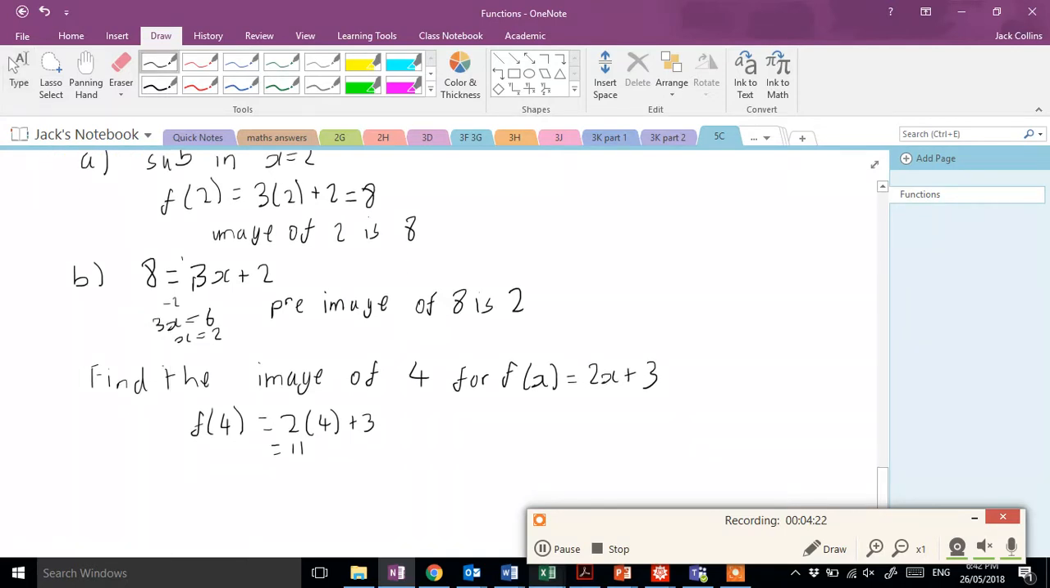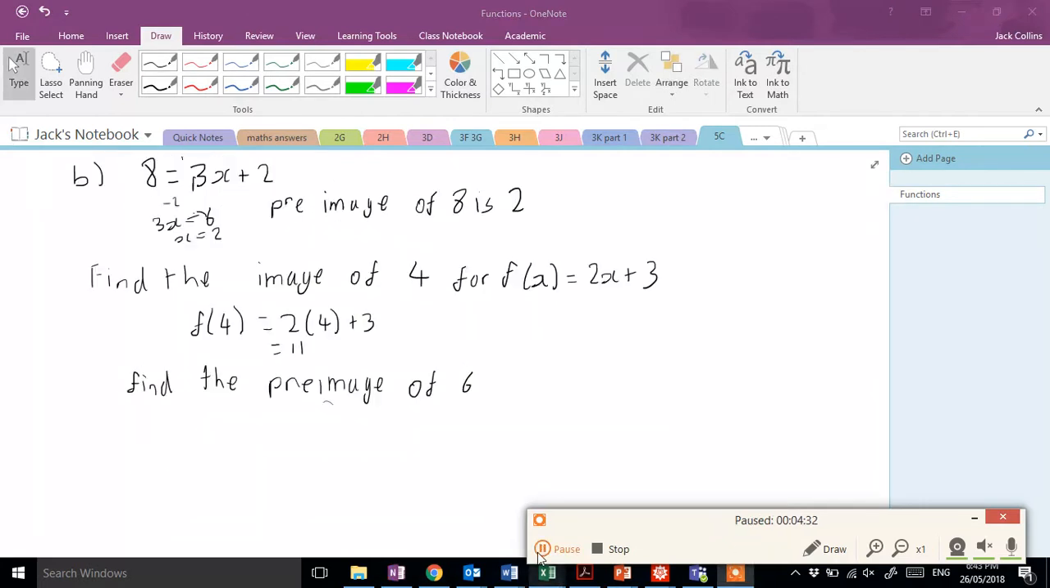And you could also pause the video here and find the pre-image. So find the pre-image of 6. So have a crack at that. Look back at the previous example, and then I'll have a look at what I've done. So the pre-image of 6 is when the whole function equals 6, so 6 is equal to 2x plus 3. So take away 3, 3 is equal to 2x,